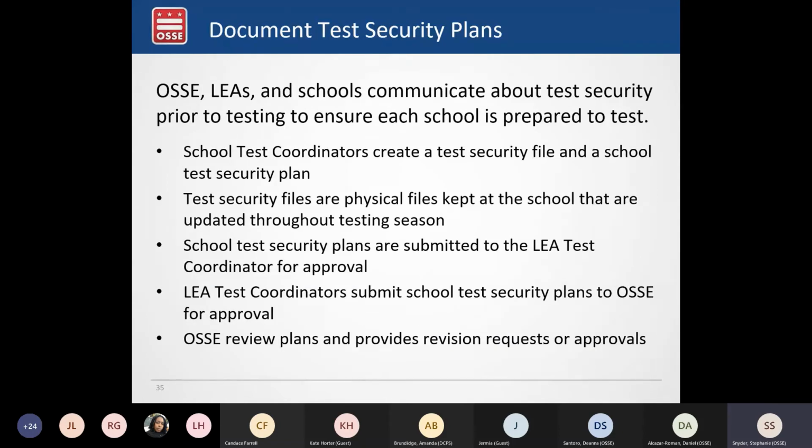I see that there's a question: is there a maximum number of students to be tested in a remote testing session, or is that up to the school? It's largely up to the school. I think that you have the best sense of your staffing capabilities and what can be handled by test administrators, just a volume of students that can be handled by a test administrator. So it is up to the school's discretion how many students are placed into a remote session.